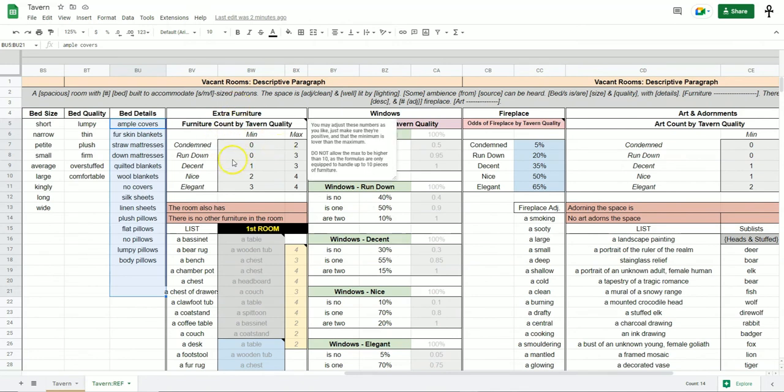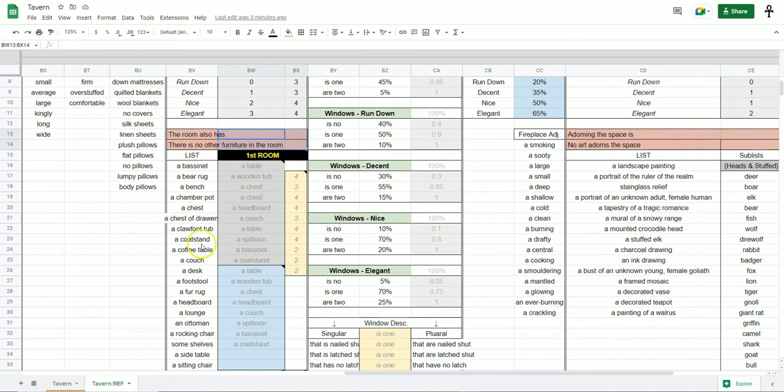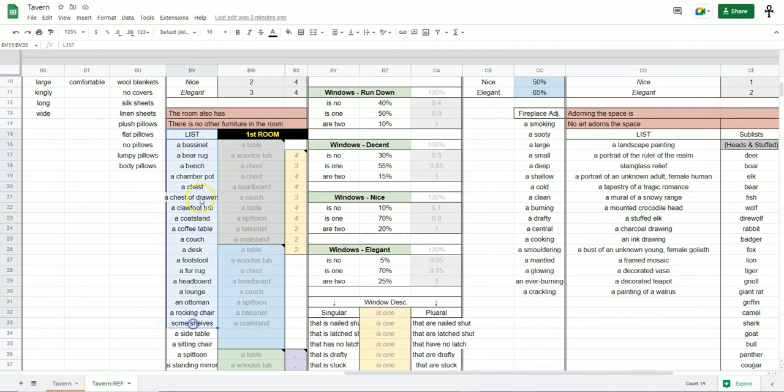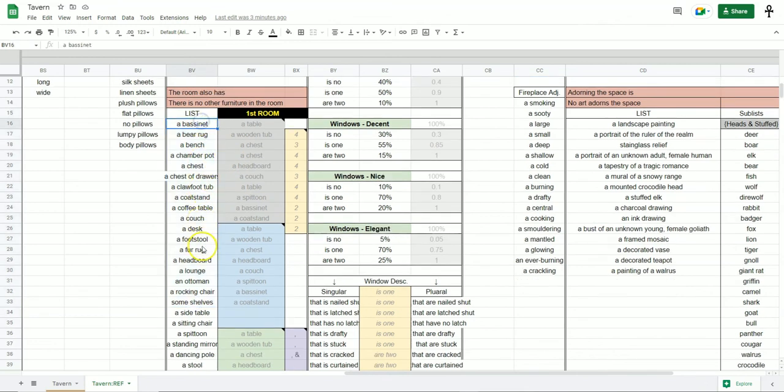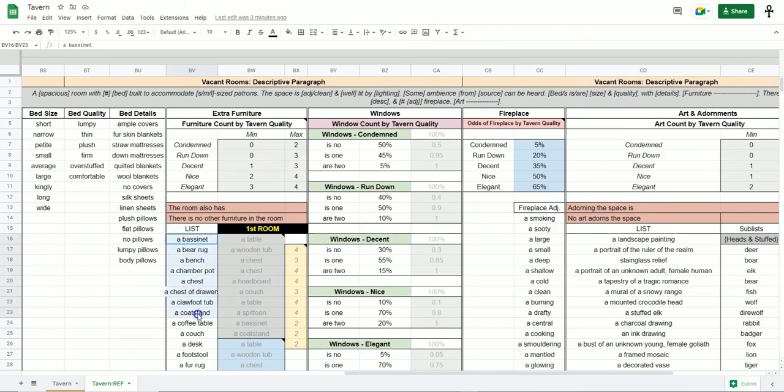Then we've got our extra furniture. How many extra pieces of furniture might there be in this room based upon the tavern's quality? So min-max tables for condemned all the way up to elegant on how many extra pieces of furniture might be in there. Ignore these red cells. And then this list right here is the list of extra furniture that might be in the room. So a bassinet, a footstool, a side table, a thin rug,